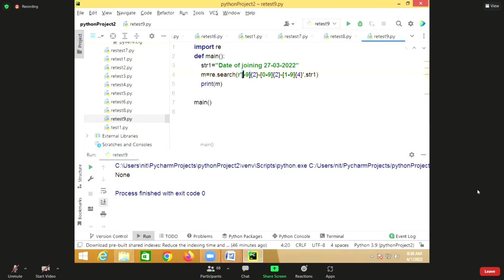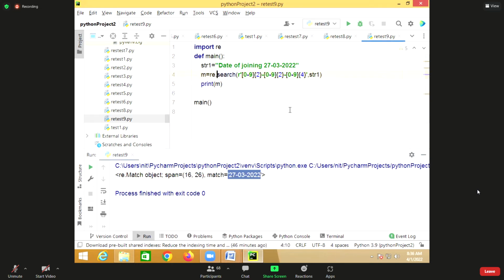Why should I give 0 to 9? In 2022, 0 is there, right? And if the date is 10, 1, 0 will be there. Because of that, it's not giving the match.